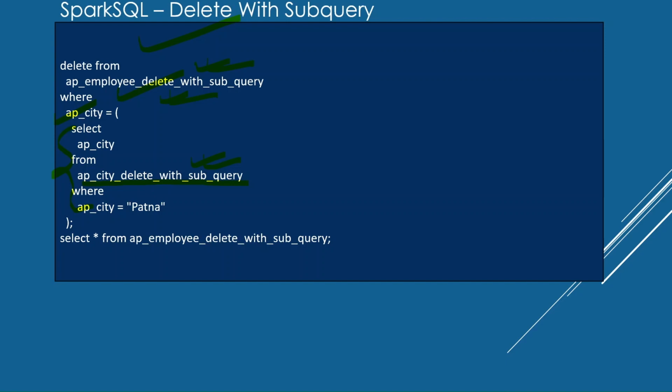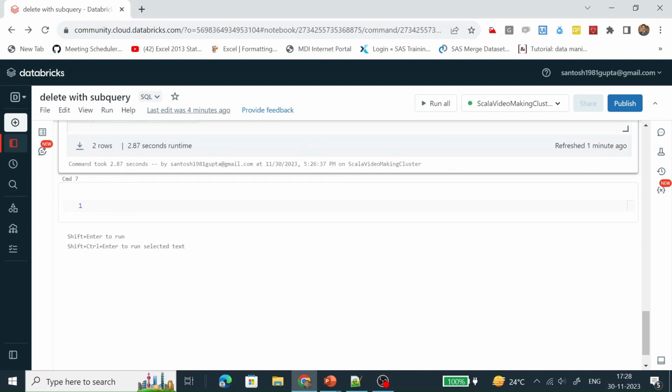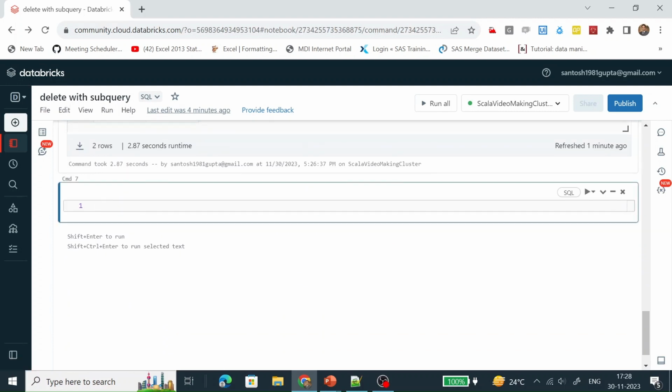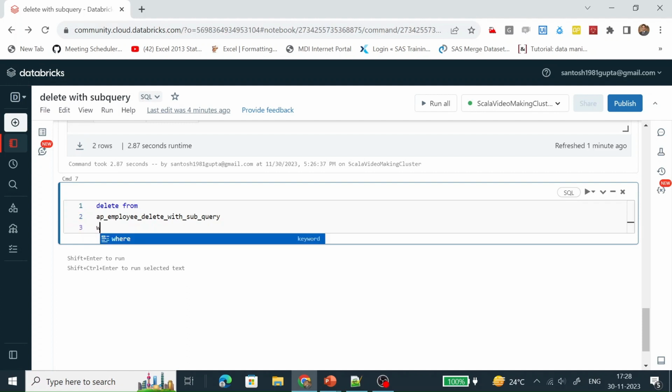So let's go to Databricks and perform this delete exercise with the help of a subquery. So how we are going to do it? Delete from, which table are we going to delete from? We are going to delete from AP employee delete with subquery. This is the table name, and this is the where condition.